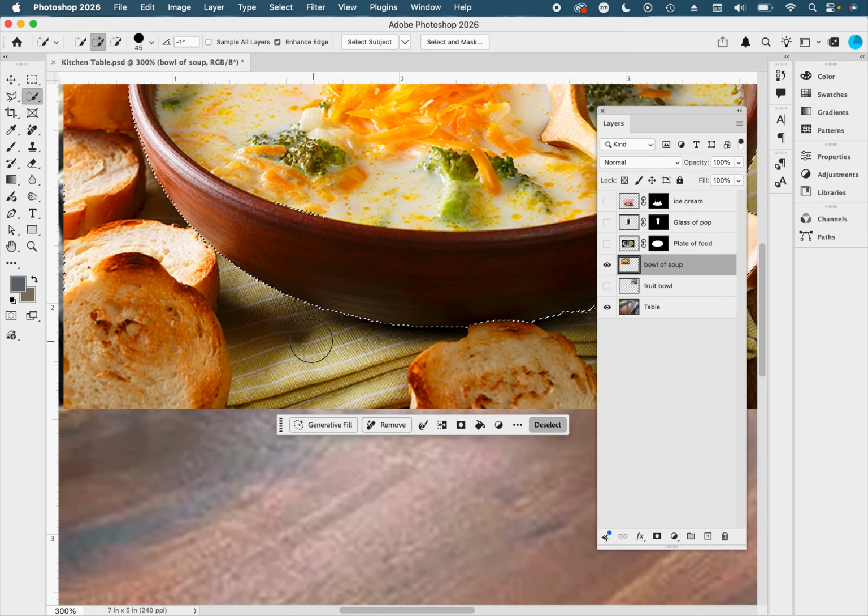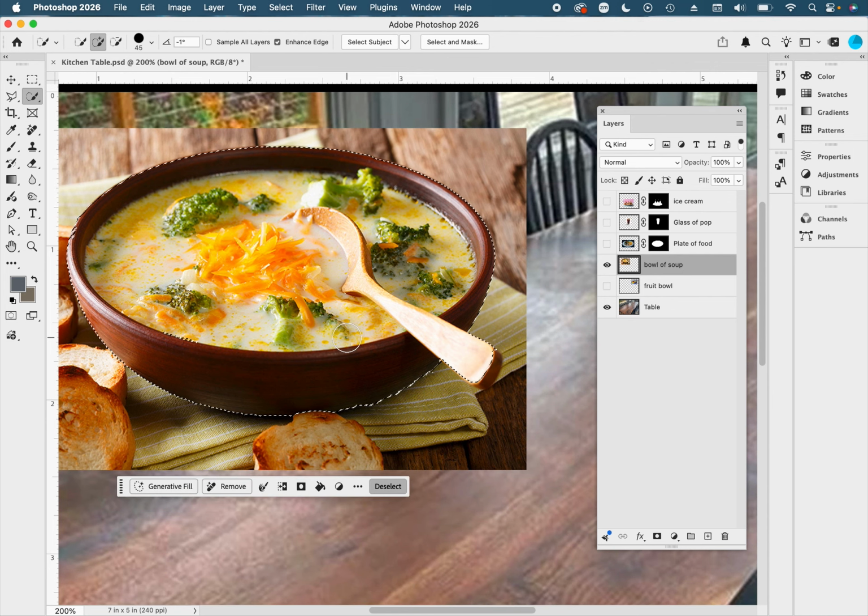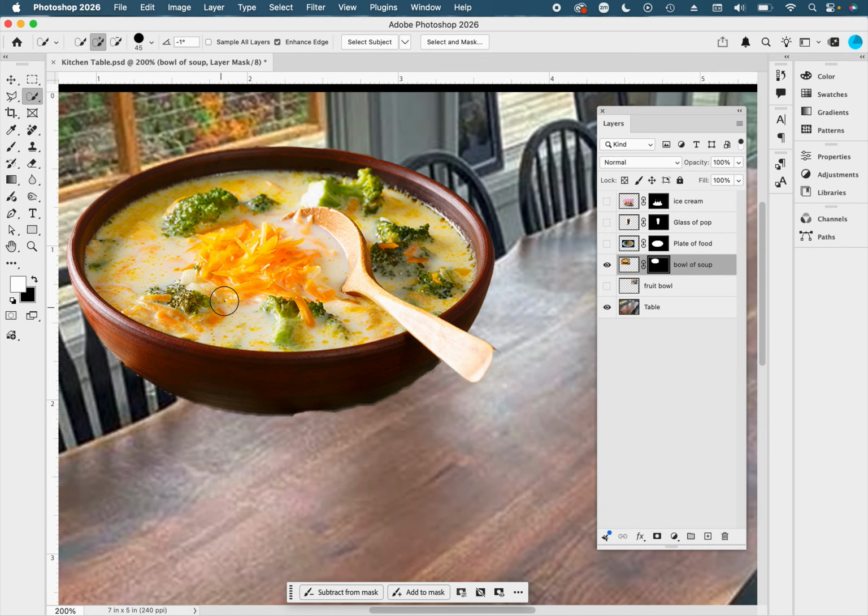It's not all that great in here, but like I said, I'm just not looking for a great selection right now. I just want to make sure that you get this basic idea down. Okay, I'm going to go ahead and put a mask on this. And then what you could do,